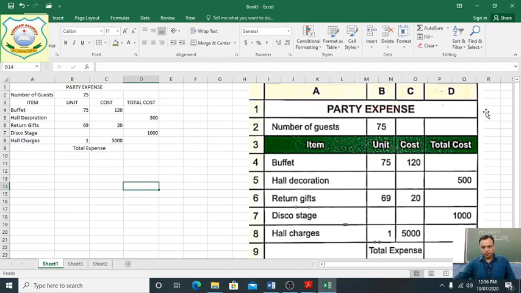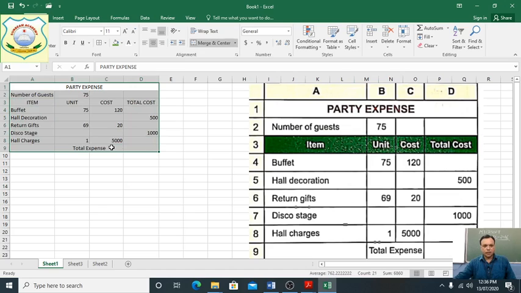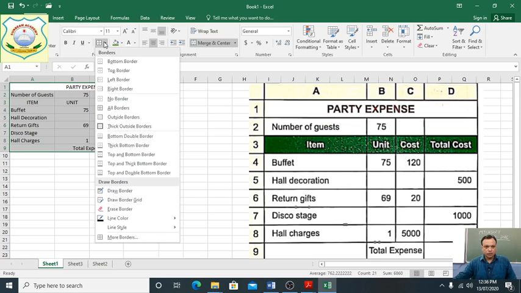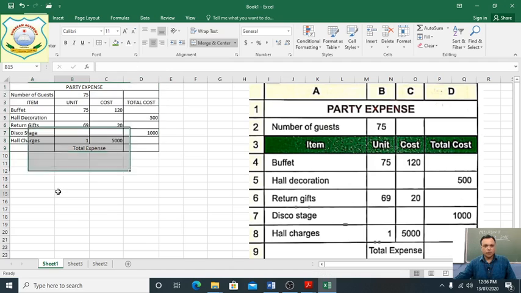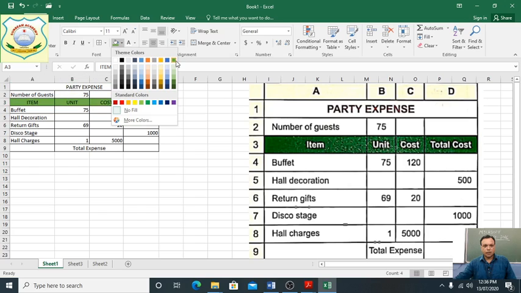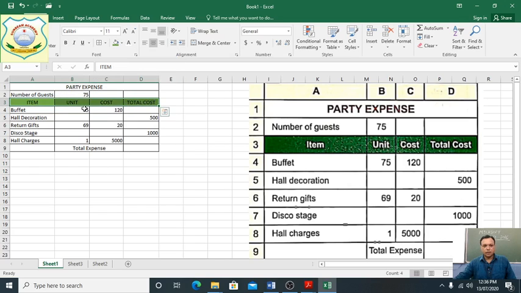These are given in the form of a table. So we will make it as a table. First of all, select it. Now we have selected, and here from the Home button, this is the font part. You can see again here the font is given, the table form. You just click on it and here all borders. Everyone see, all borders are here. Now the items are in green. So we will select them first of all. Now go here, and the items are given, the background is given the green color.